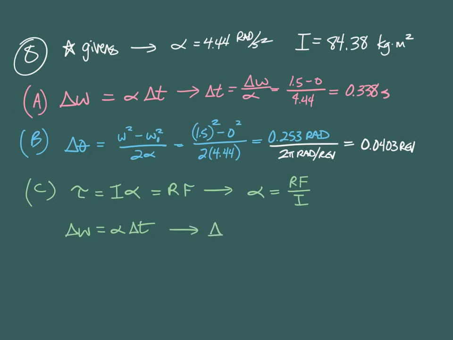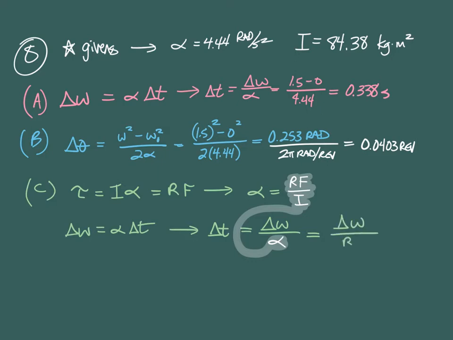This equation, delta t, has in it the thing that I just solved for, an alpha. And so if I take this stuff here and replace it there, then I will get my delta omega